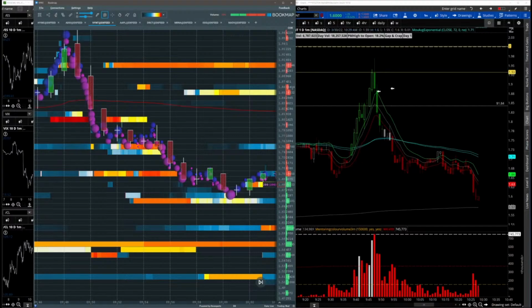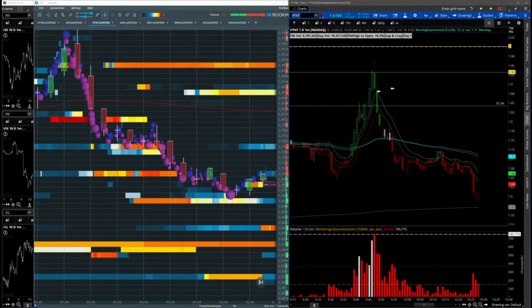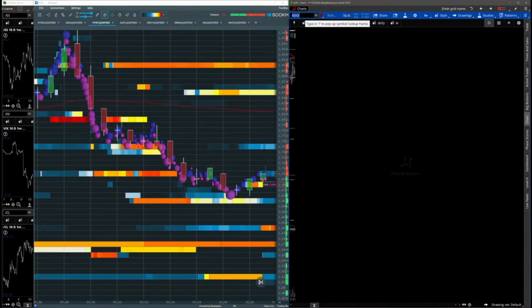Let me know, trader, if this is better. I increased the zoom so you can see better the prices. All right, I wanted to focus, being that I'm holding VYNT, I'm holding NOV, I'm holding ADGI. I'm a little bit